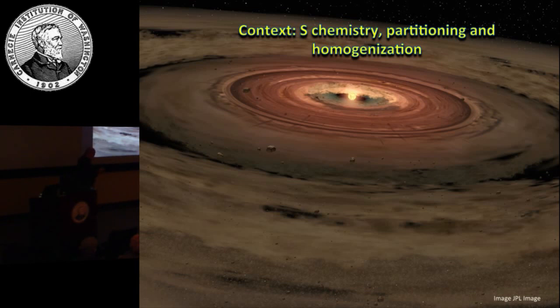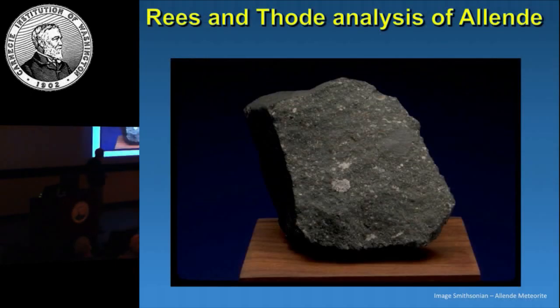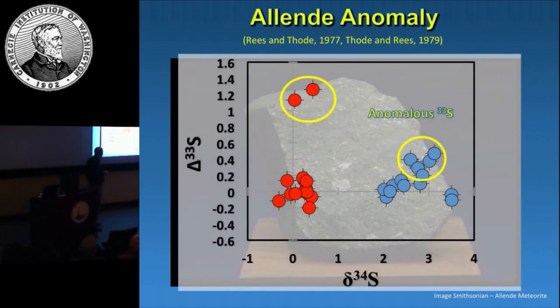But what was interesting, what kept popping up in addition, and that may be the reason why the meteorite sulfur is so homogeneous, came about from some measurements done in the late 70s by Rees and Thode, doing sequential acid extracts on Allende, which is a CV chondrite. They acidified it, took off sulfur, acidified it, took off sulfur, kept getting stronger and stronger acids. Basically, this is their plot of their data, plotted capital delta 33 versus delta 34, from their 77 study, and then the redone 79 study for two pieces of Allende.